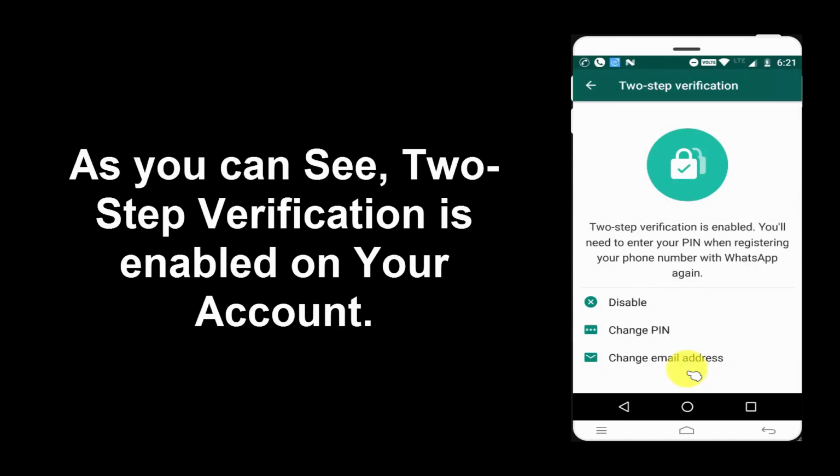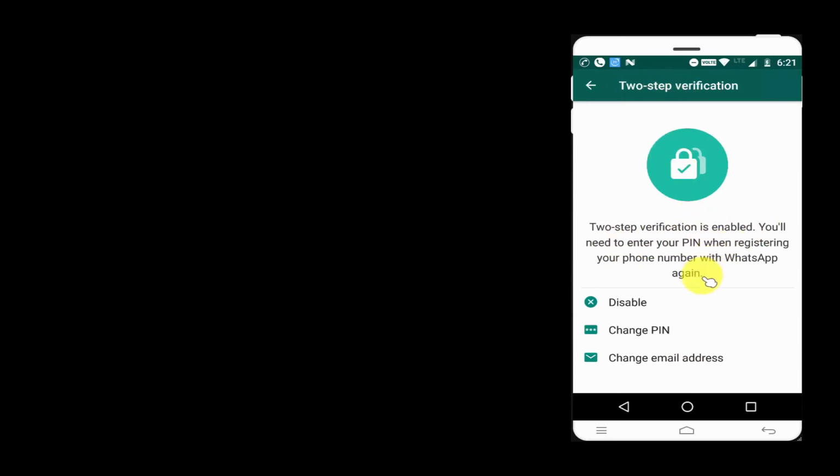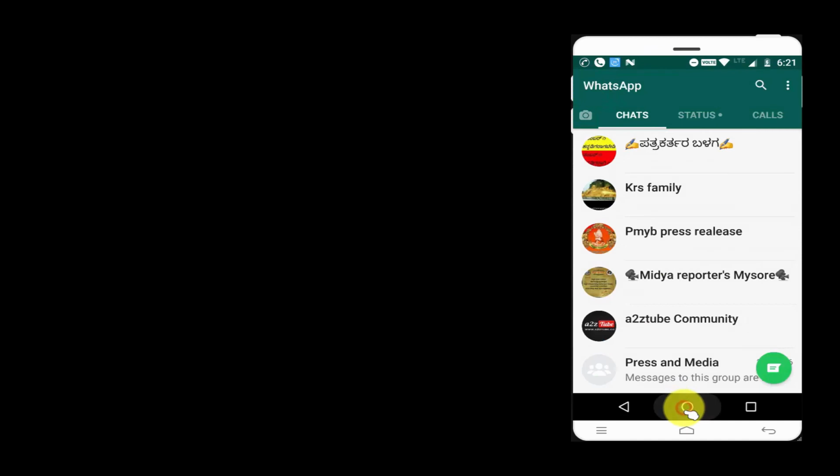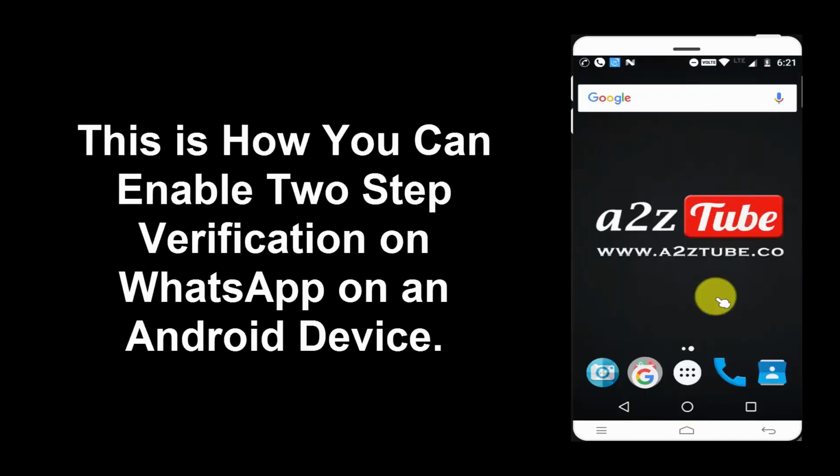As you can see, two-step verification is enabled on your account. This is how you can enable two-step verification on WhatsApp on an Android device.